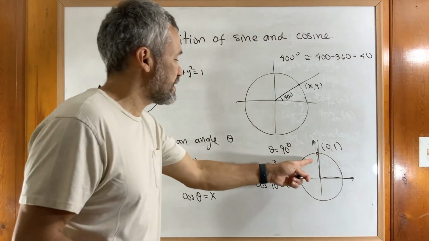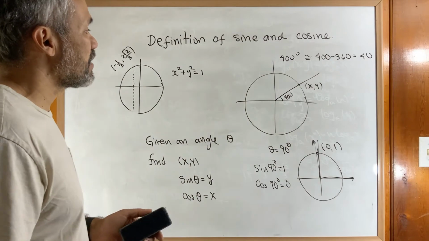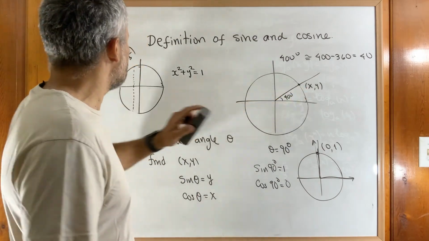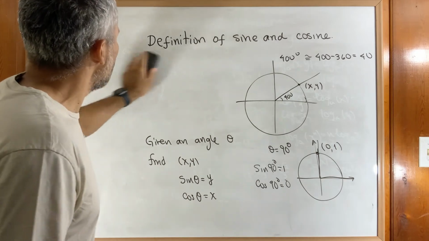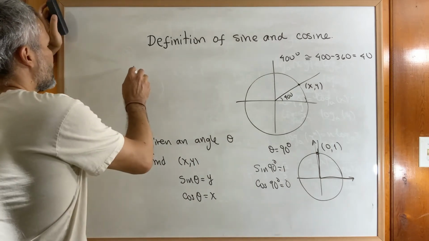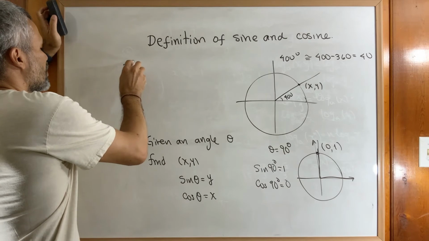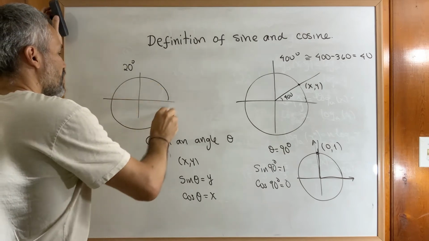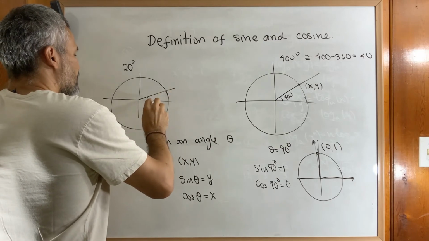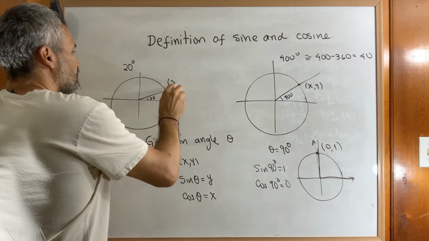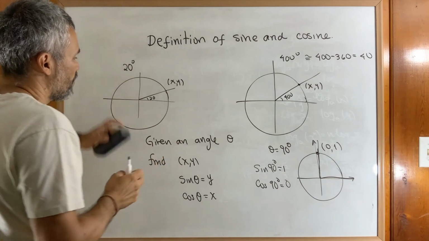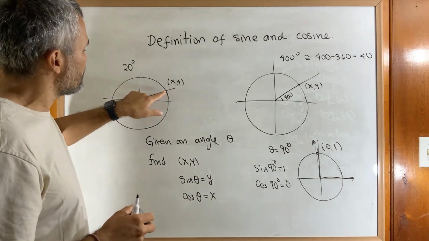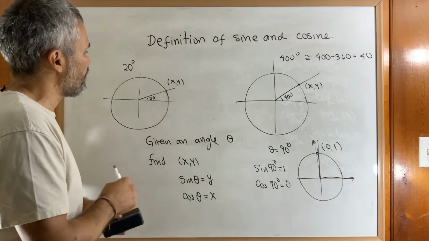These are some basic examples, and we can use the calculator to find the point in the unit circle. Let's do an example. If we think about just 20 degrees. 20 degrees, this is the unit circle. 20 degrees is something like here. This is the point x y. Without the calculator, it would be a little challenging to find the x and y, but with the calculator,